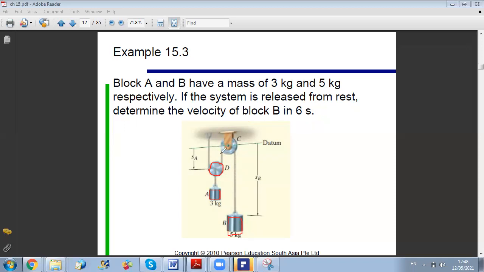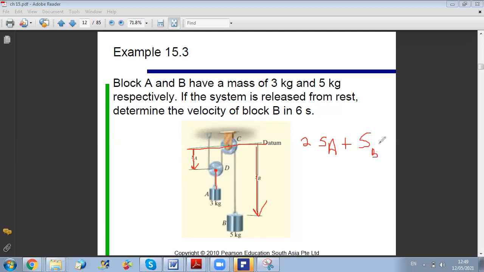anyway, whenever you have a system of pulleys, the first step to think about is to relate the motion of A to B. Whatever your method is, you will need this relation. Okay, so we will consider a reference line. Here, blocks A and B are moving vertically, and block A is attached to the center of pulley D, so they are moving together. So you need one coordinate for pulley D and A, since they are moving together, and you still need one coordinate for B. Once you do this, you can write that 2sA plus sB is equal to a constant.